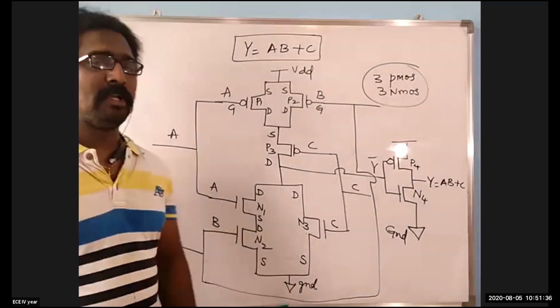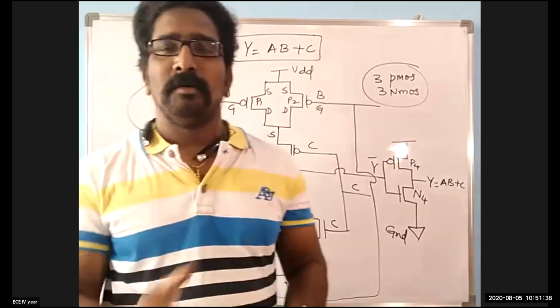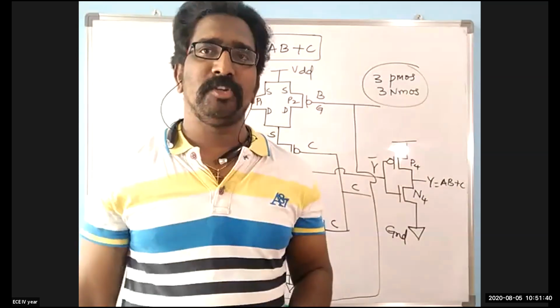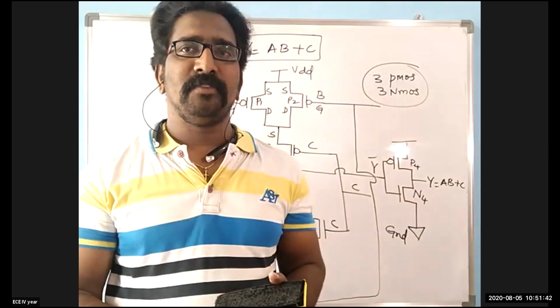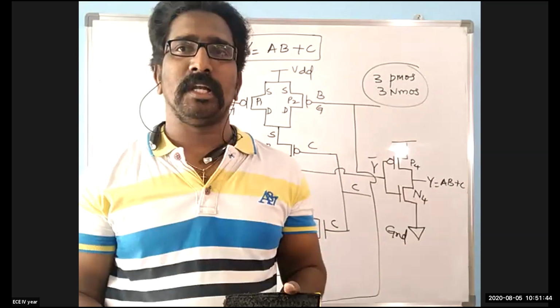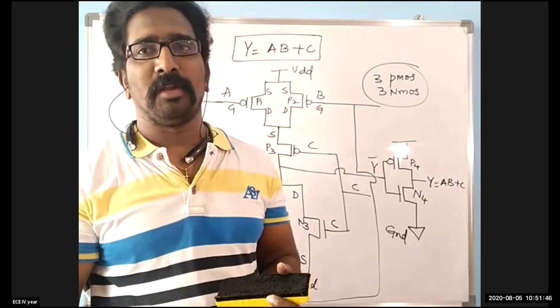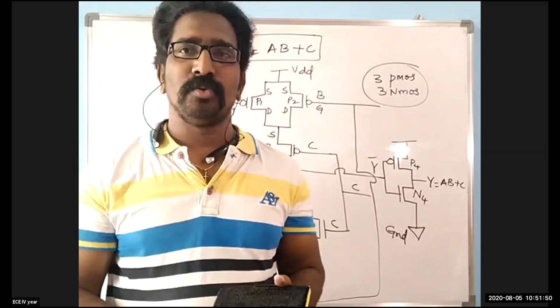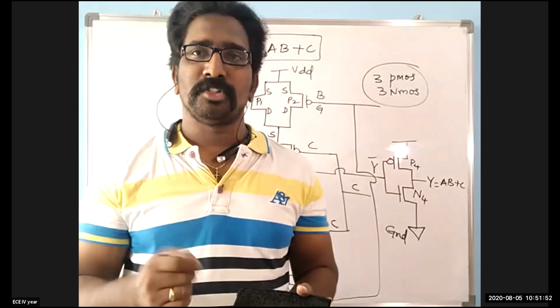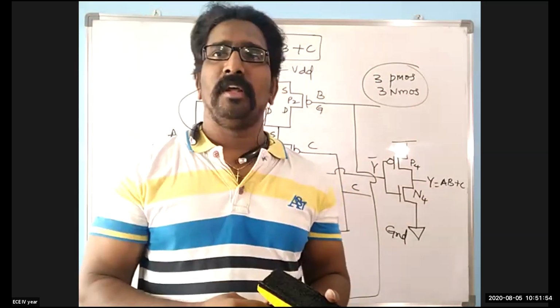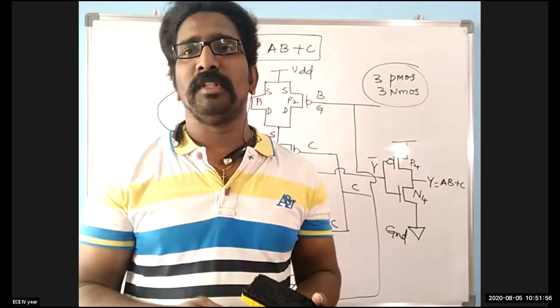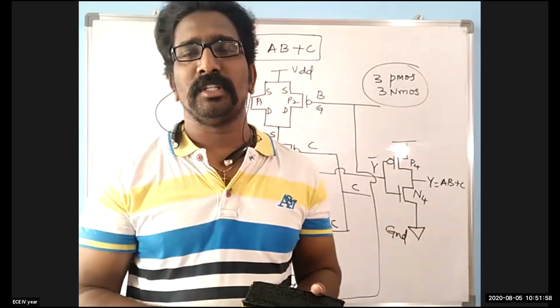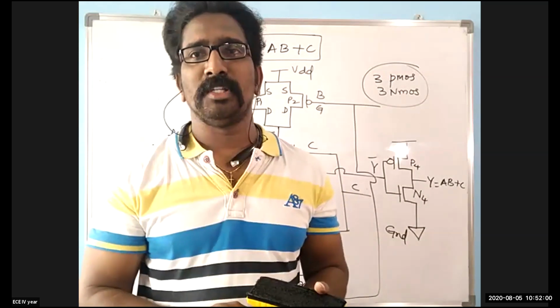So today we have completed a few sets of CMOS structures for Boolean equations, and we have even seen the XOR gate, the XNOR gate, and two different types of Boolean equation. In the next class, we'll see one or two more sets of CMOS structures for Boolean equations, and we'll start working on the design of a layout for all these structures. I hope you all understood.